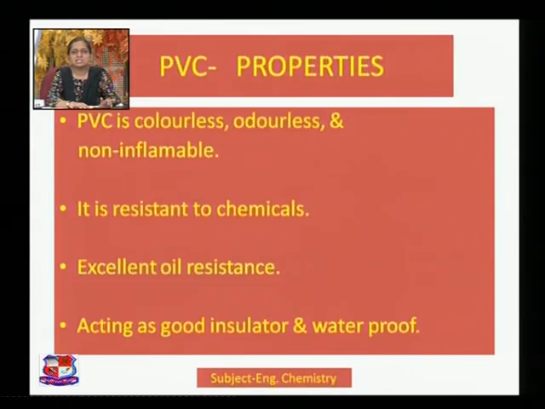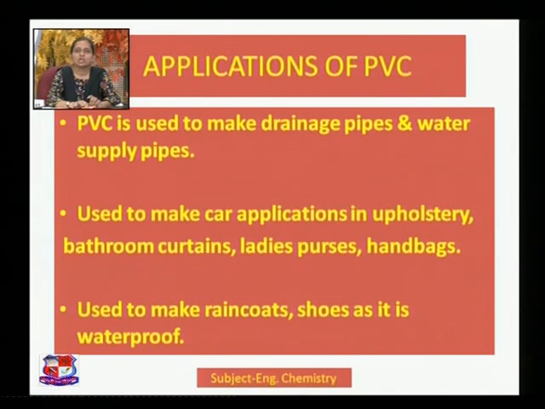So PVC, polyvinyl chloride, is colorless, odorless, resistant to oil and chemicals, and acts as a good insulator, hence it can be used to make drainage pipes, water supply pipes, and finds applications in raincoats and shoes